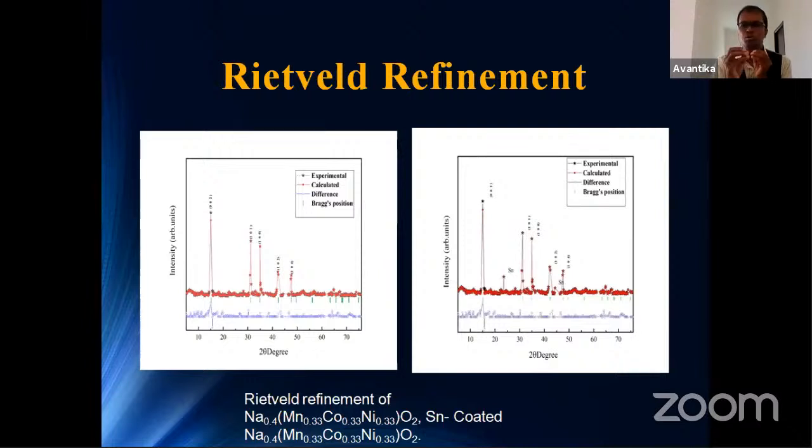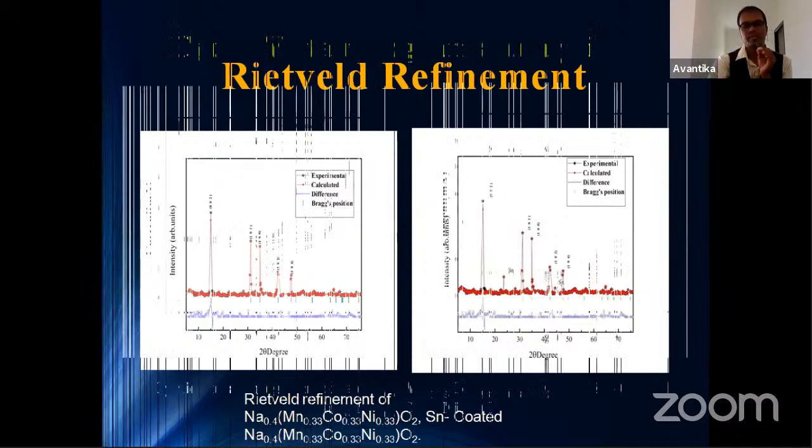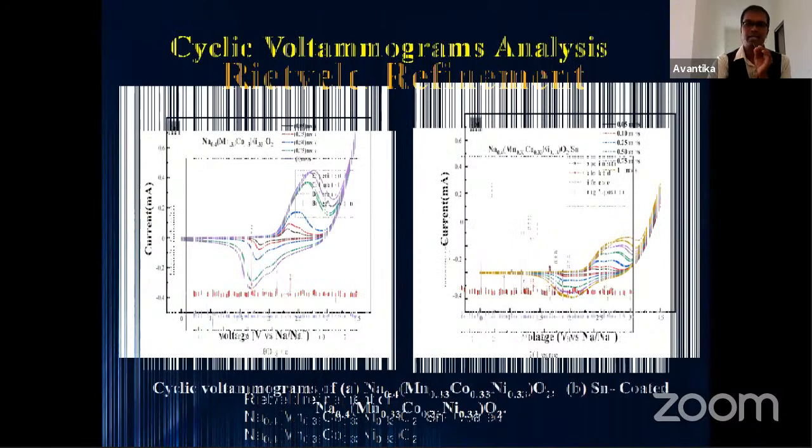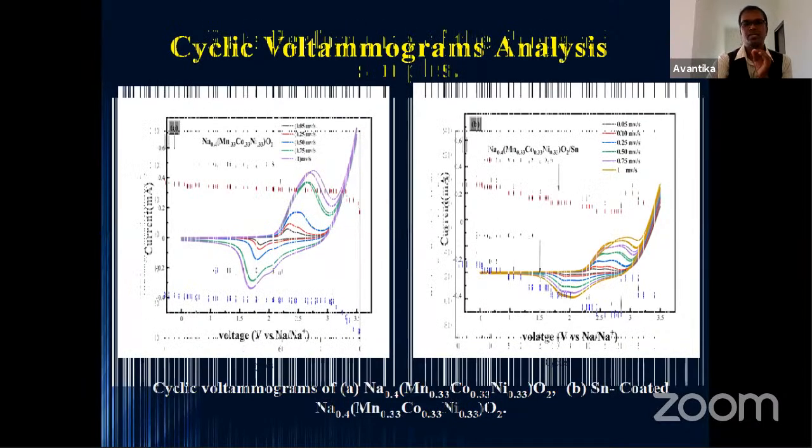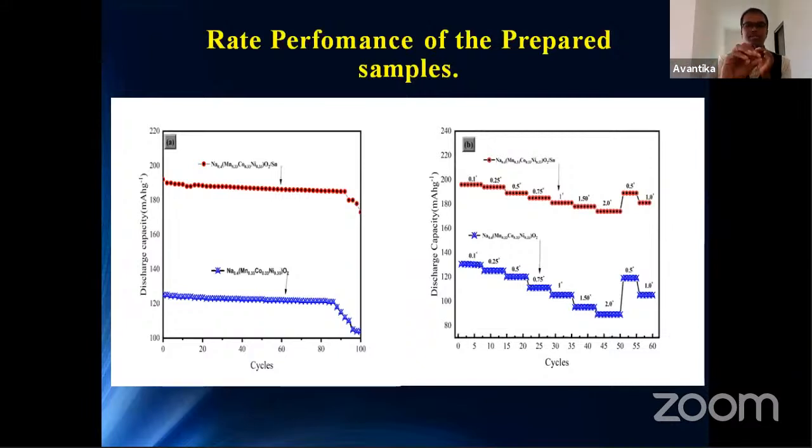So here I want to show you a few examples. One of my PhD scholars prepared a sodium battery also. Of course, the optimization was done and the XRD was clear. And in cyclic voltammetry, it also gives better voltage compared to lithium ion batteries. So this is a comparison, just to tell you the importance of sodium also.